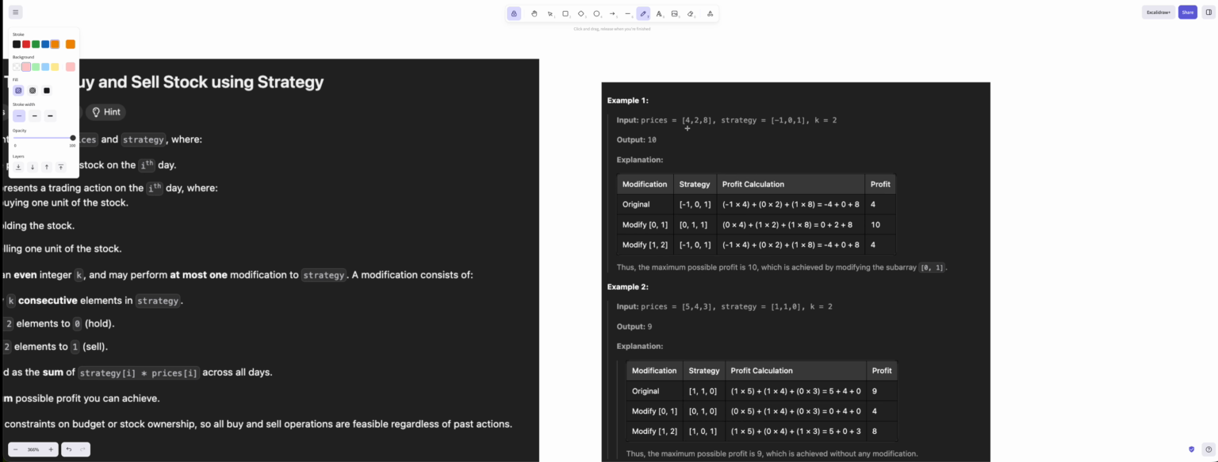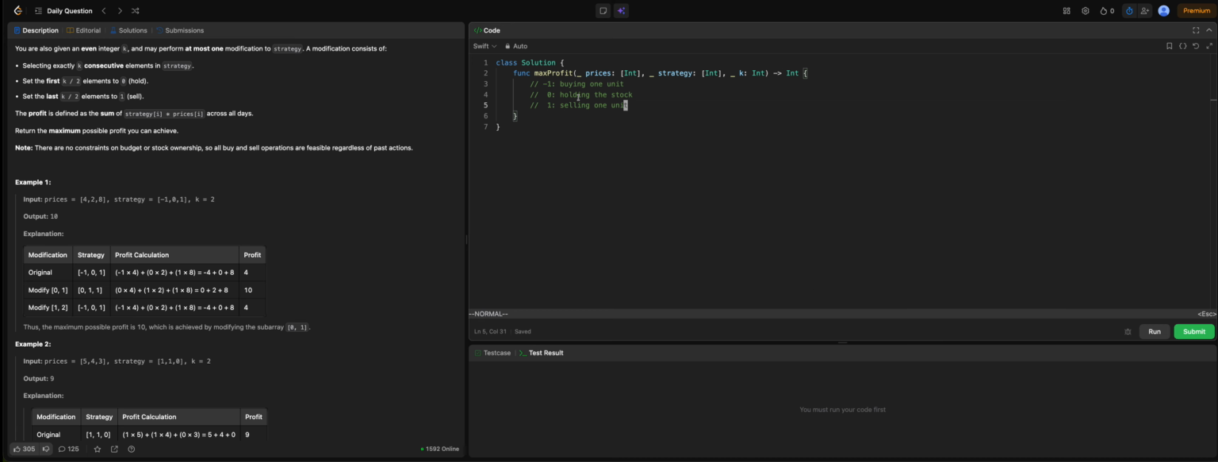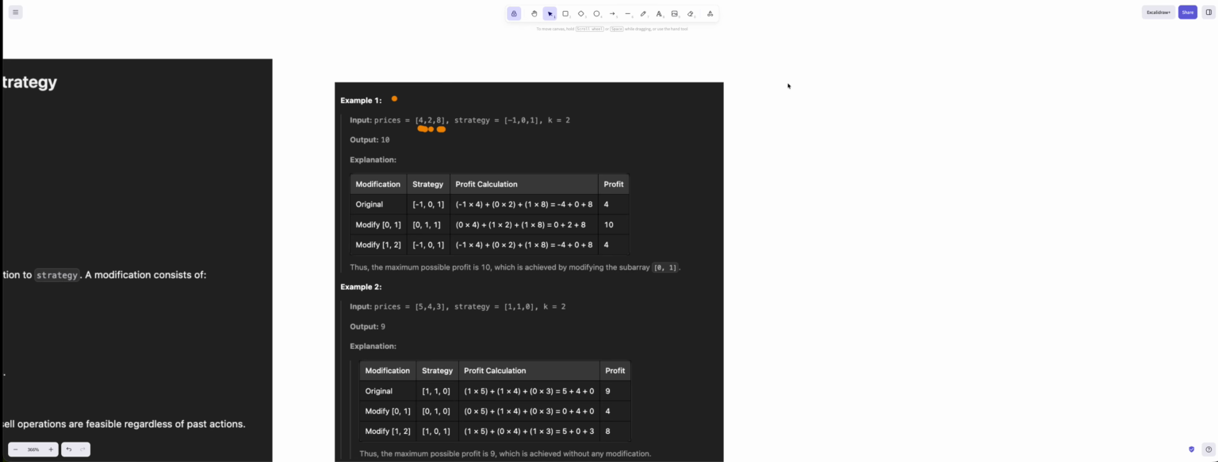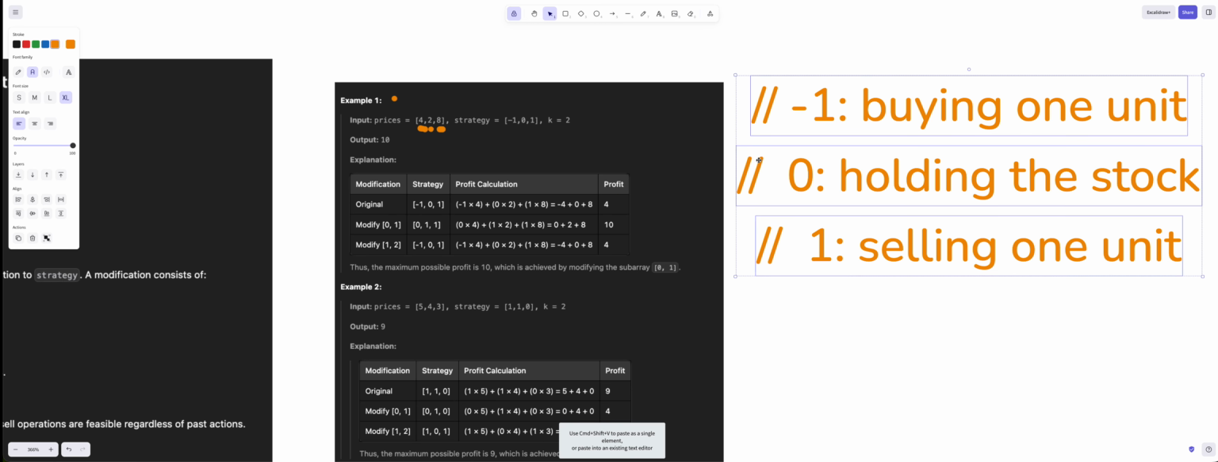we're given 3 prices, let's call them Monday, Tuesday, and Wednesday: 4, 2, 8. So for the Monday, what we're going to do is copy that and paste it in here. For the first day, we got a -1, so we are buying 1 unit. So buying 1 unit at 4 means -1 multiplied by 4. And then next is